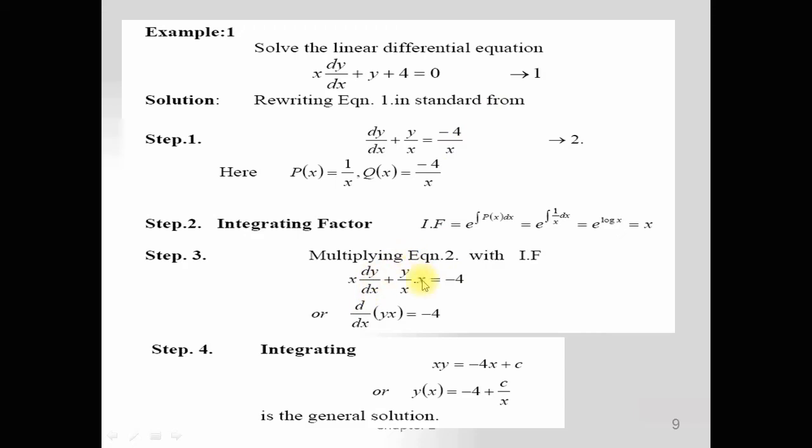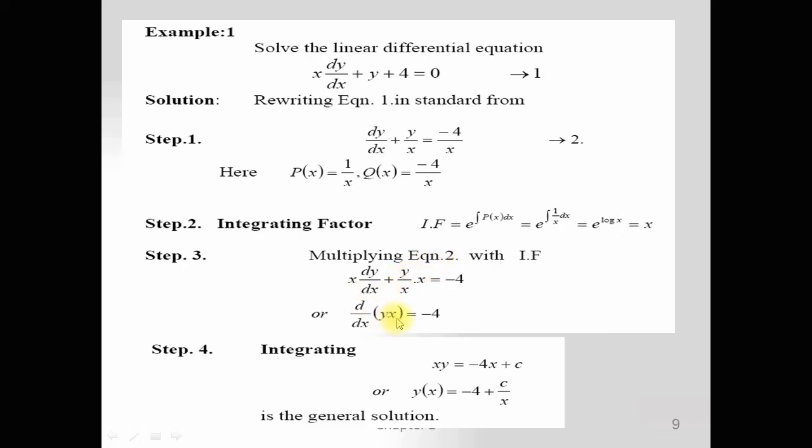Now dear students, note that in the left hand side this expression is a derivative, by the inspection method. You see here that this is the derivative of the function y by x. If we take the derivative of y by x by using the product rule, we again obtain this expression. For example, first times derivative of second plus second times derivative of first. Here you see this is 1. x and x cancel, we get y dot 1.